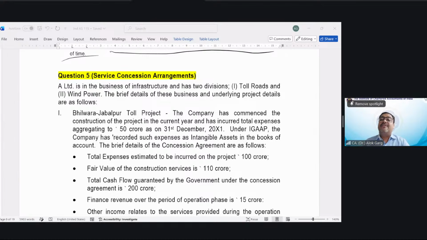So friends, now the construction is over, right? Now the period of operation and maintenance has started. Now this entity, this private party, has started operating and maintaining or upgrading. Okay. So friends, now how does the revenue have to be recognized for this private party? And my dear friends, in the form of a consideration,